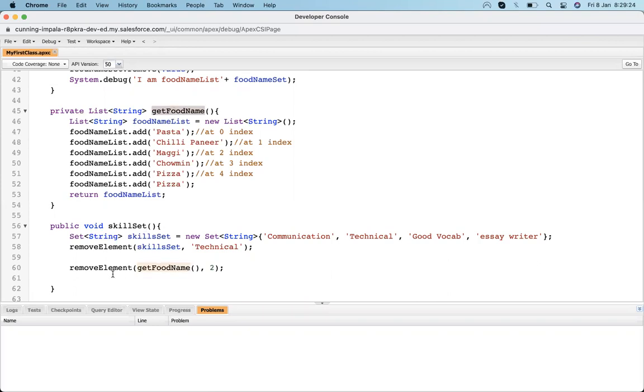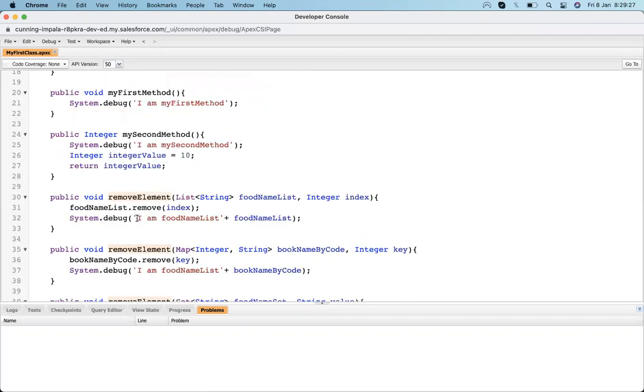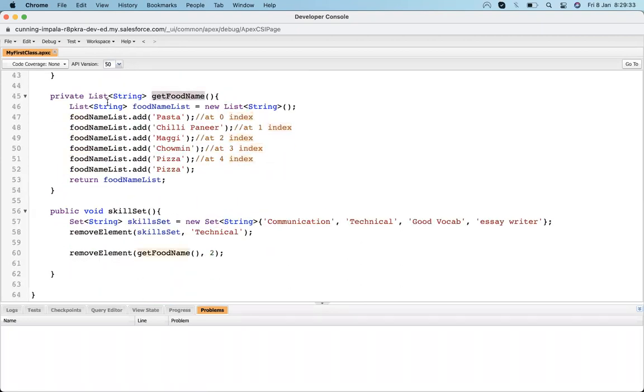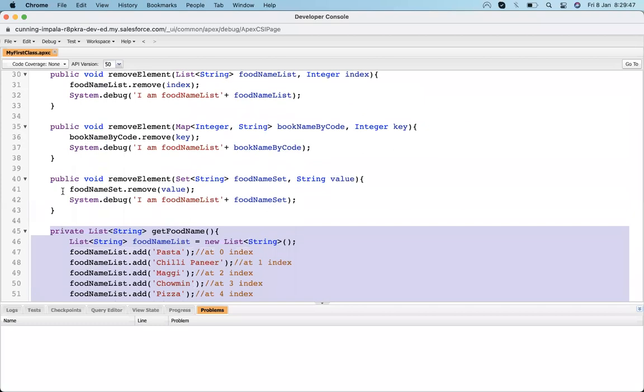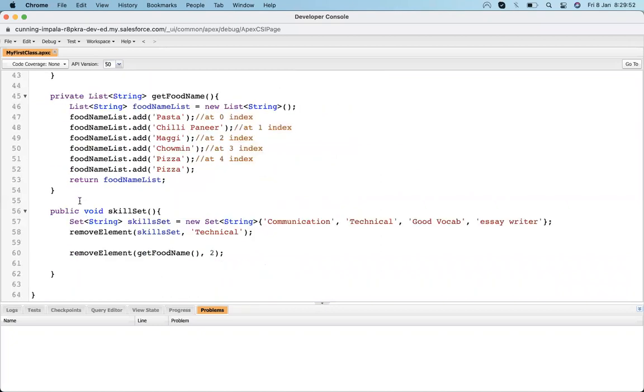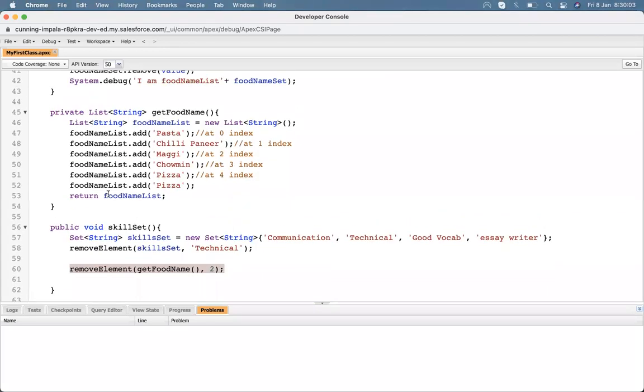Since this remove element is already a function that accepts a list as a parameter, and this method returns a list, we can directly pass that method and then the index. You can see that this one line of code has both functionalities at the same position, and that makes the function quite readable.